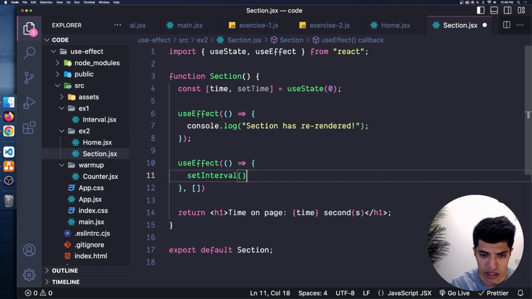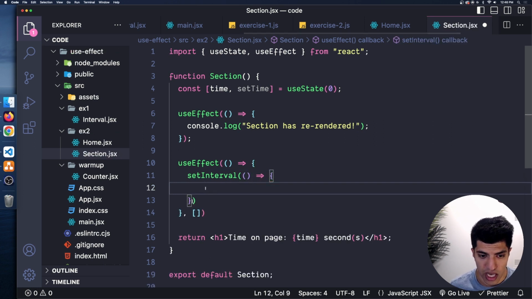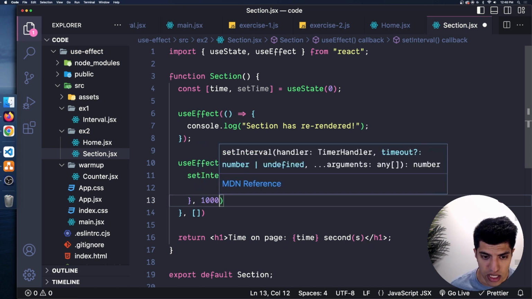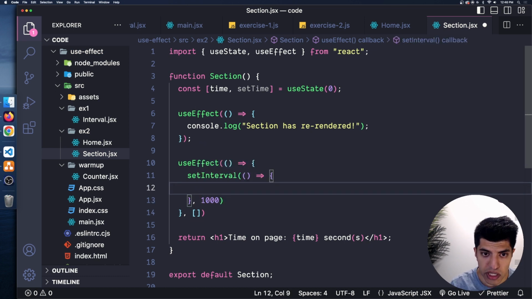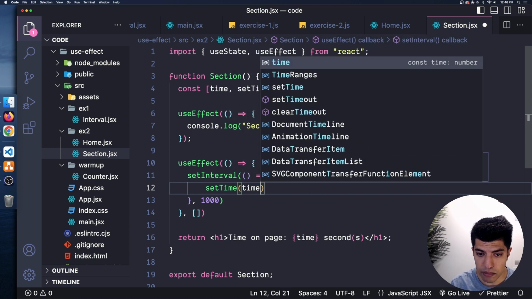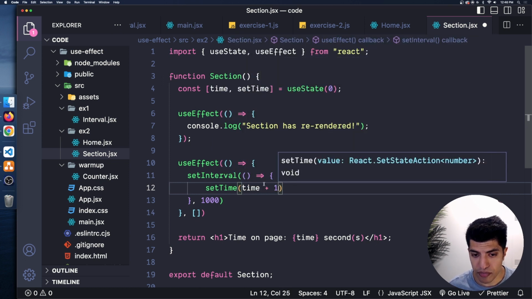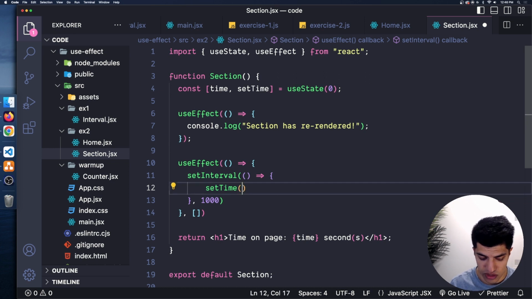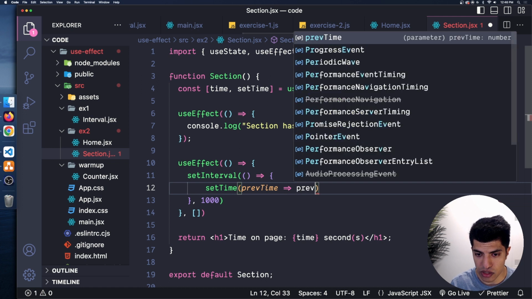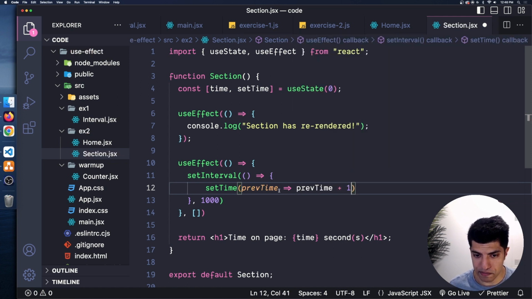And this setInterval is going to call this function every 1 second. And what is it going to do? Well, it's going to call setTime, and it's going to take the current time, and it's going to do +1. Okay, I'm going to use the new syntax just so we can see that. We're going to say prevTime, and it's going to take the previous time, and it's going to go up by 1. Okay,